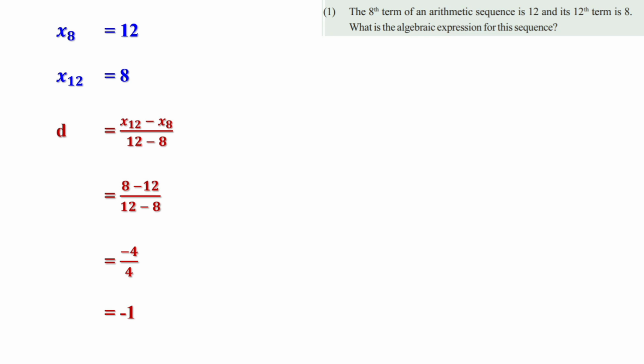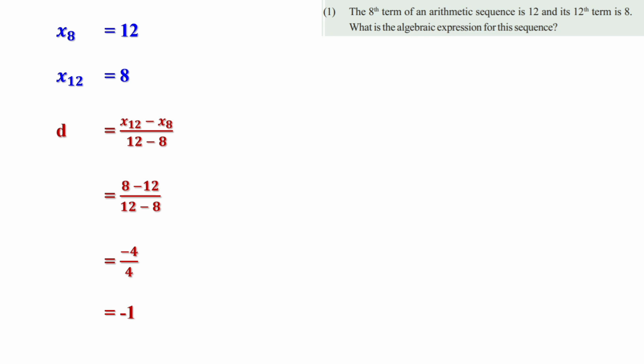That is, when you take 6th term 10 and 10th term 6, the common difference is minus 1. When you take 7th term as 14 and 14th term as 7, the common difference is minus 1. When you take third term as 8 and eighth term as 3, the common difference is minus 1. So without doing, we can say that for sequences like this, the common difference is always minus 1. Now we have to find the algebraic expression or nth term.